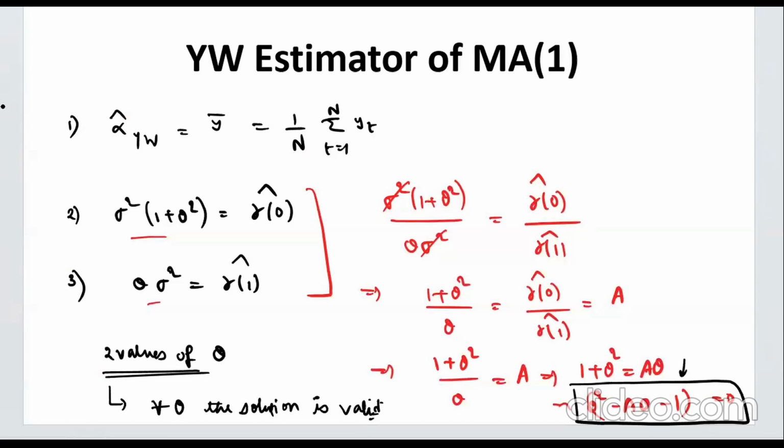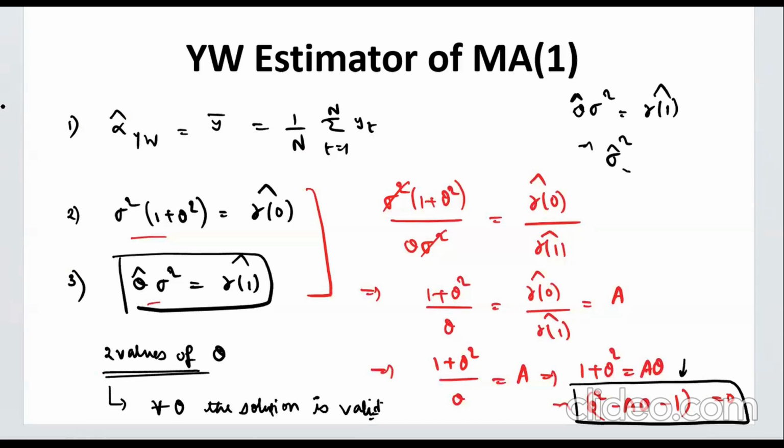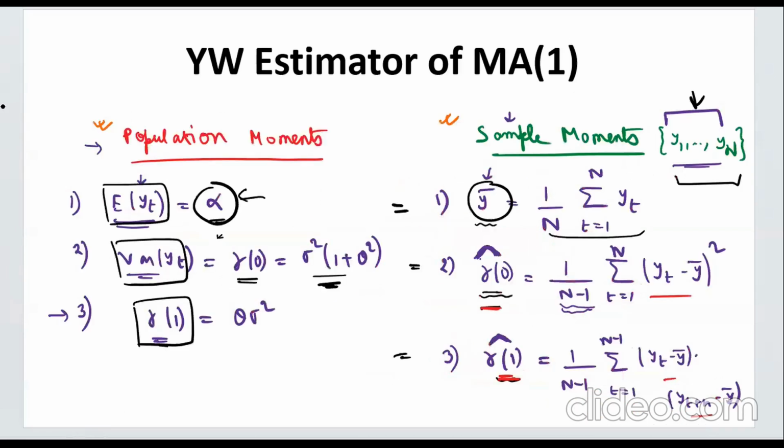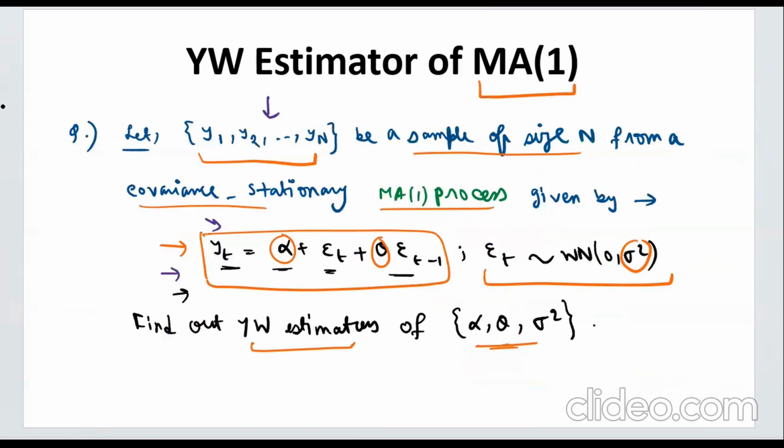And once you know this theta, then use this equation. So you have theta sigma square is basically gamma 1 cap. Once you know the Yule Walker estimation of theta, what will be sigma square cap Yule Walker? Simply gamma 1 cap by theta cap. Since you have two values of theta cap, sigma cap values will also be 2. And that doesn't matter, any value will do. So this is the process of finding the Yule Walker estimate for the MA1